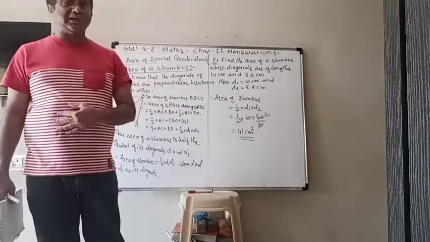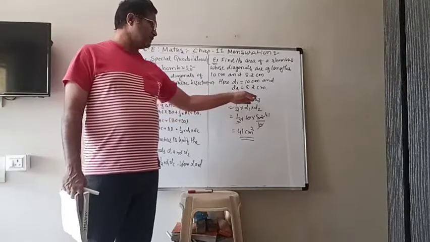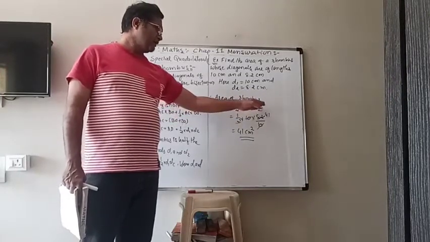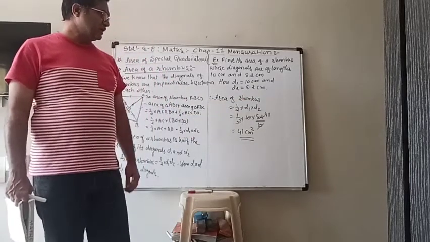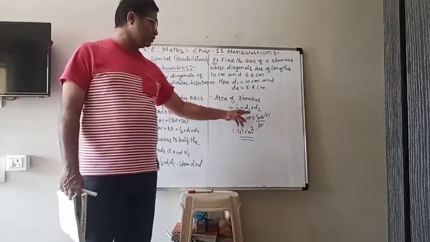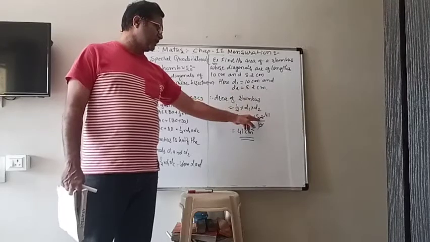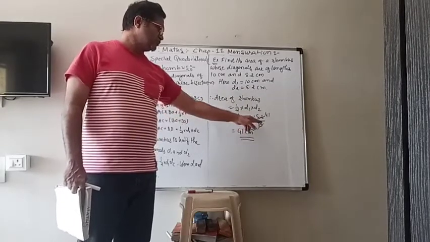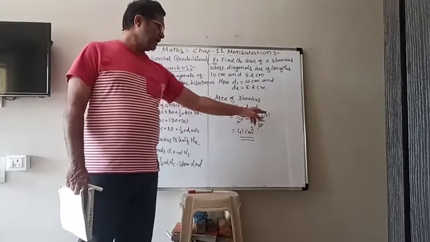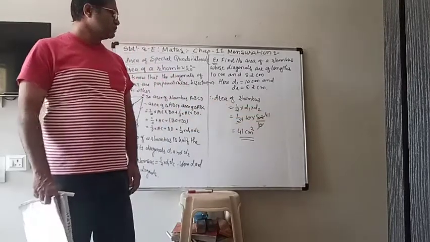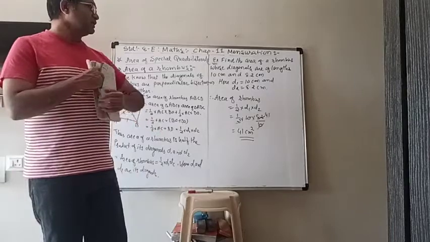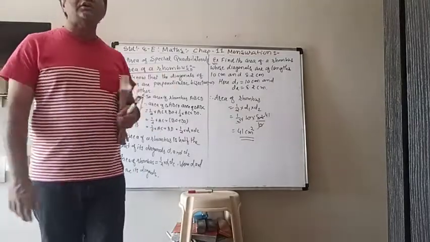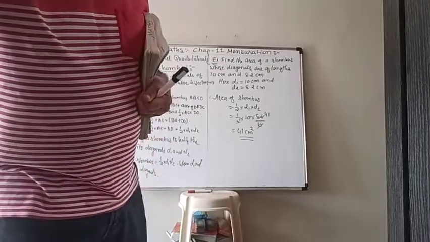Then we use the formula. Area of rhombus is equal to half multiplied by D1 multiplied by D2, and that is equal to half into 10 into, in place of 8.2 I write 82 upon 10. So it is convenient for cancellation. So 10 cancels, and 41 2s are 82. So we get the answer that the area of this rhombus is 41 centimeter square.